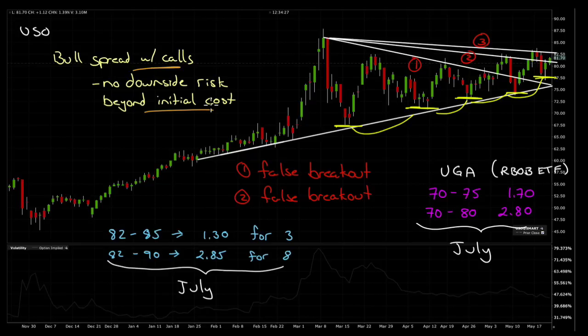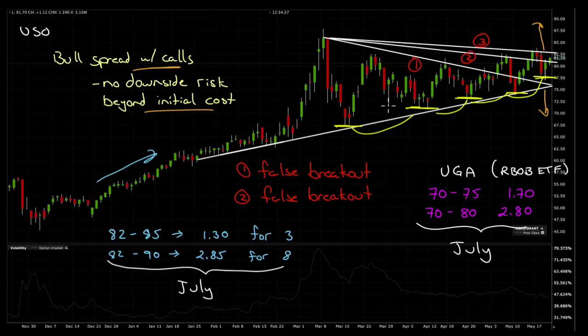So a trade like this is nothing I would do, but if I were interested in playing oil, I would be interested in just grabbing one side of the distribution without any exposure to the other side of the distribution. So I don't mind getting exposure to the up part of the distribution, but I don't want any exposure to the downside.